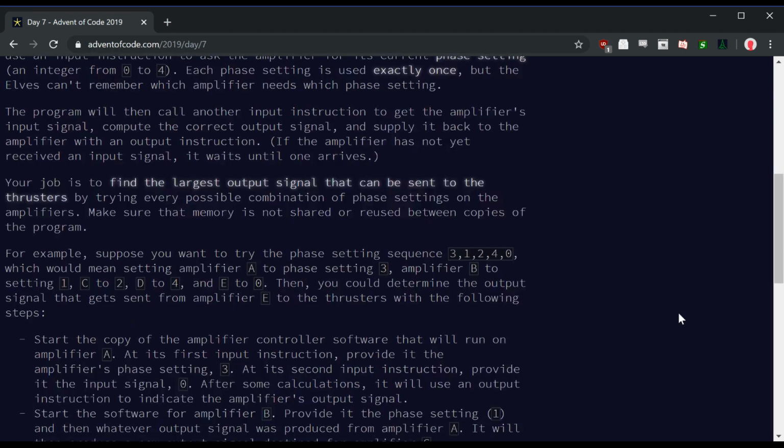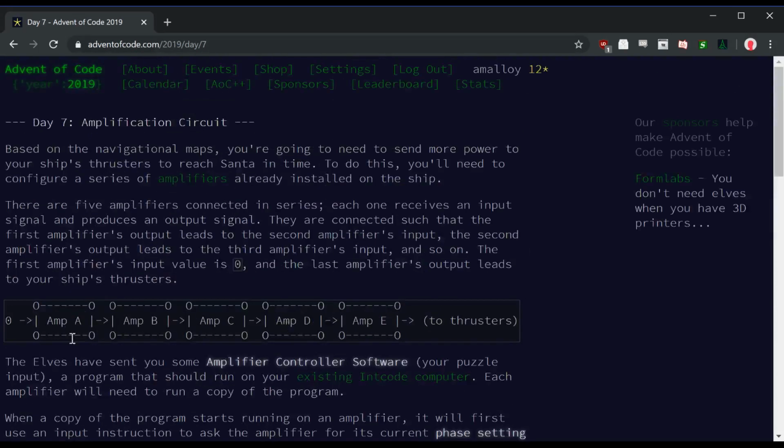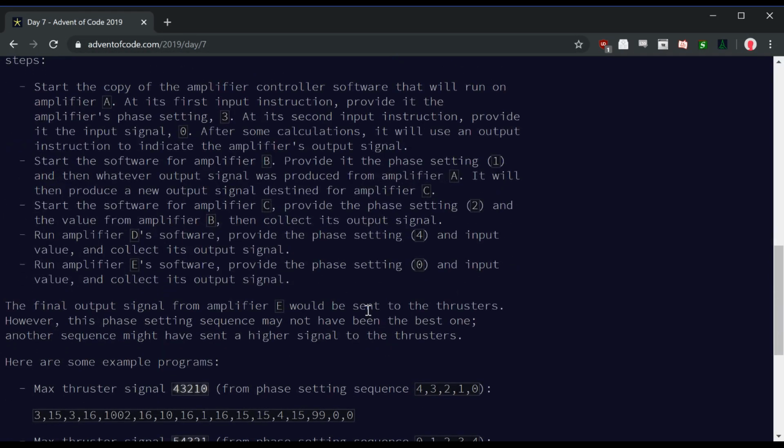So, I got really confused about these, the amplifier numbers. And I was trying to figure out, and they're like, oh, it wants its input setting or something, and I don't know. I couldn't figure it out. But